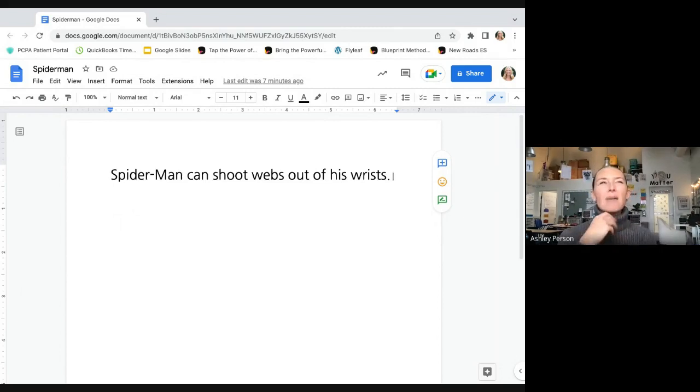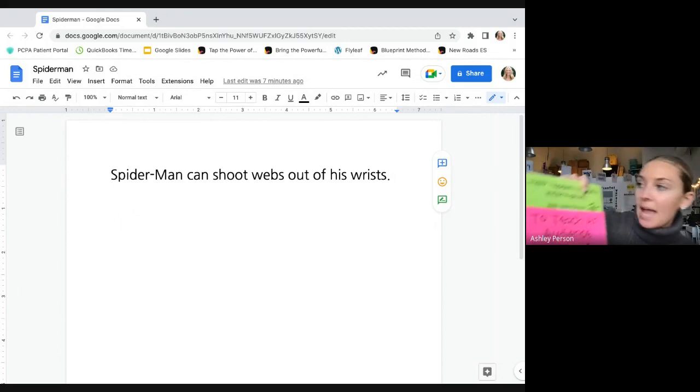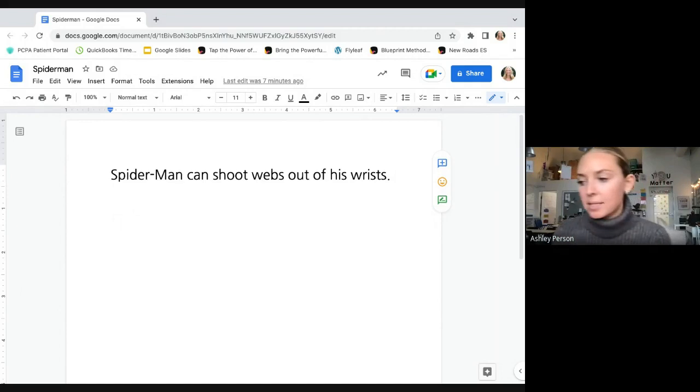But I wondered if someone reading this would be a little bored by this. Like, yeah, I know Spider-Man can shoot webs. Make it more exciting. How can we make it more exciting? We can try our strategy today to teach an audience: help readers picture information by adding descriptions. So I asked the student, how can we describe the webs that come out of Spider-Man? And they were like, sticky, and it's long, and they're white. And I was like, awesome. How can we add this into our writing?